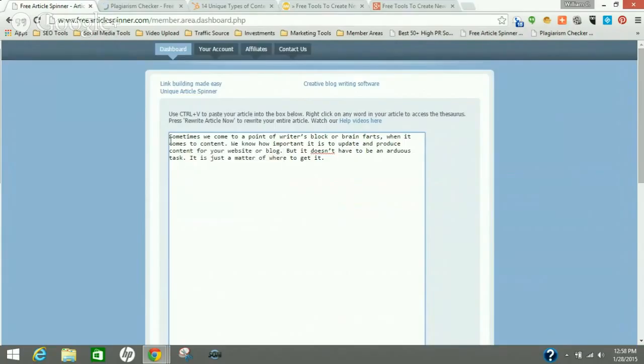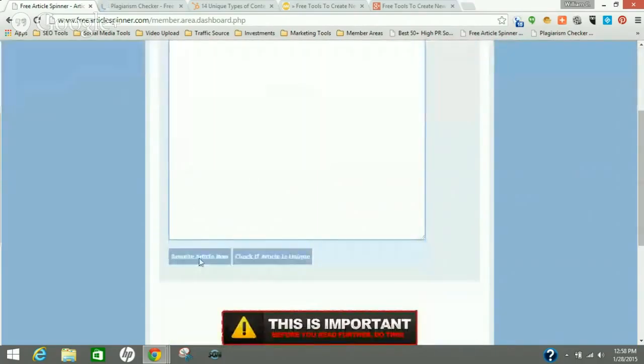So this is a paragraph I'm putting in here that I'm going to spin. I'm just going to use the same keyword that I've used already, but I want to write different content. So what I would do is put that paragraph in there, and I will hit rewrite article now,